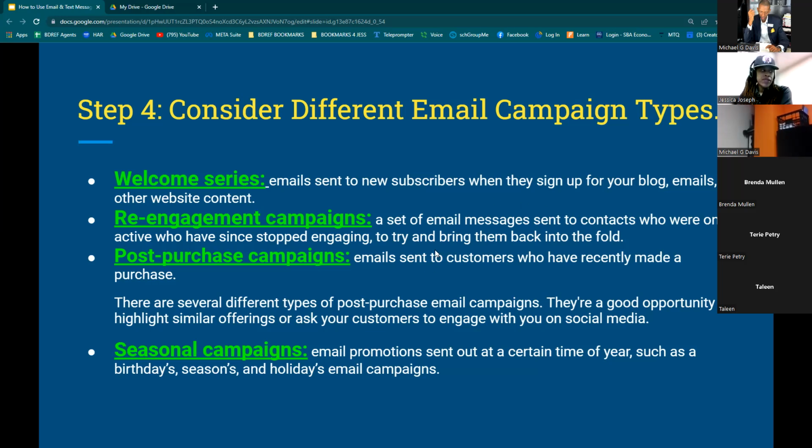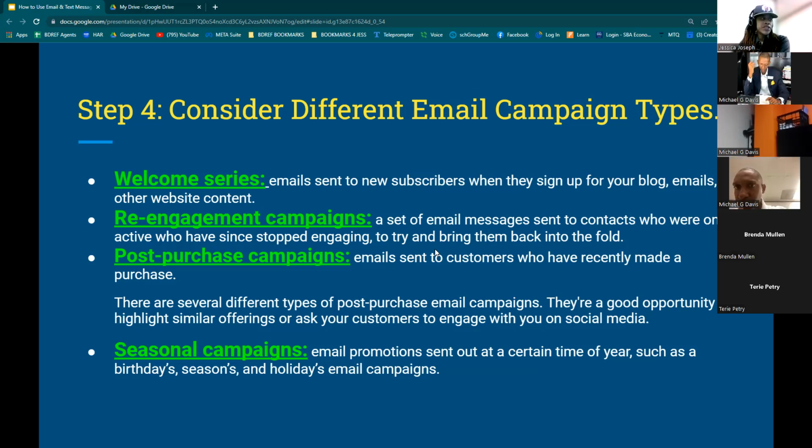The same with seasonal campaigns, email promotions sent out at a certain time of year, such as birthday seasons and holidays in your email campaigns. So, we encourage you to have a CRM, or Mr. Davis, he says, at least have a spreadsheet where you're keeping in contact with or at least you have a